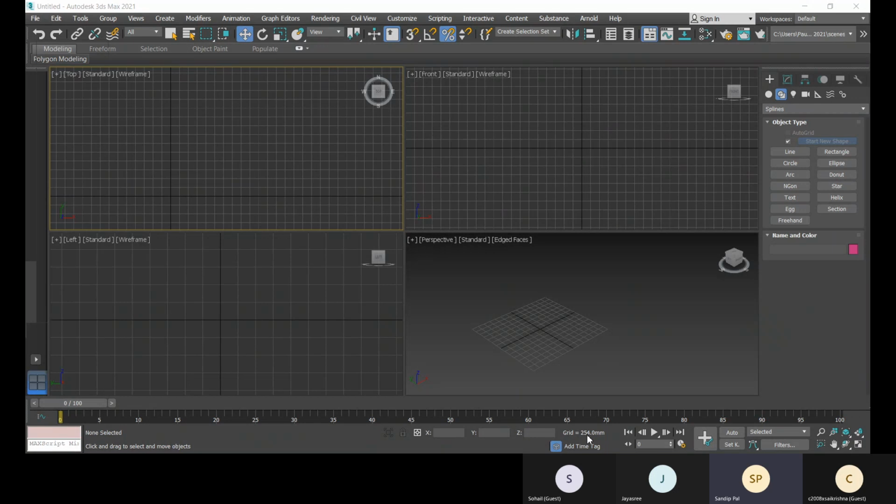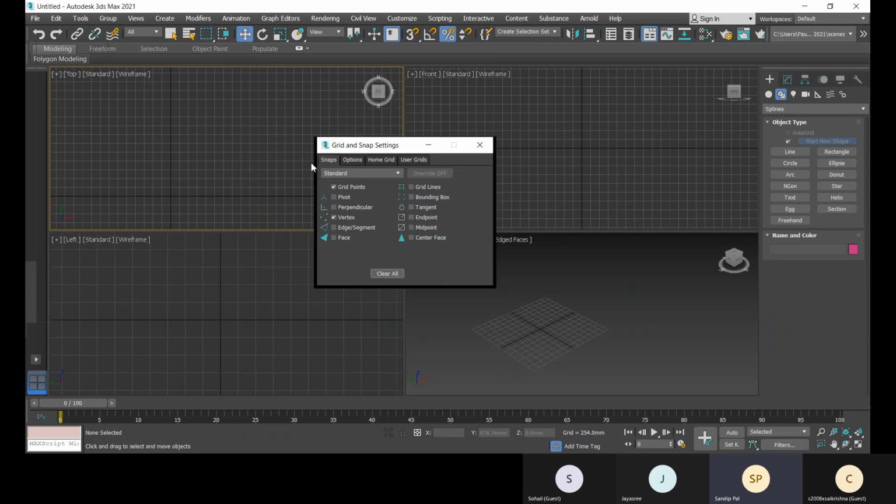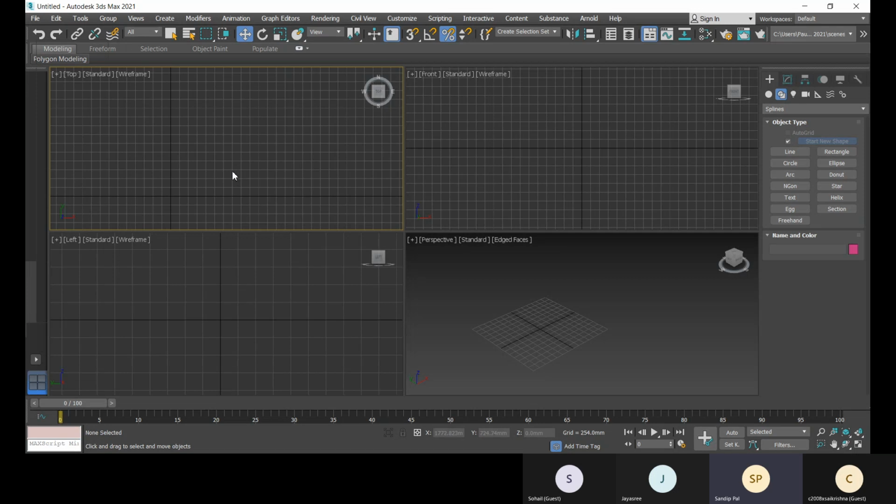The grid spacing is right now 254, correct? According to that you can do, or if you need to change that, you can right click over here, go to home grid, and there you can change the grid spacing, right? So 254 is okay for us right now.